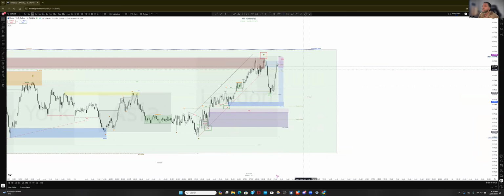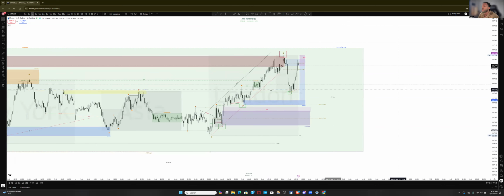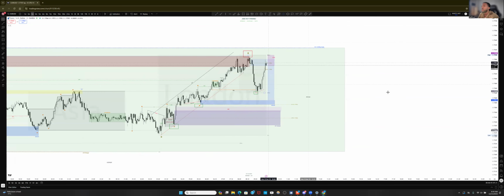So instead, we are just going to allow the market to play out. If we're wrong, we'll find out very quickly. Price will induce us out. If we're correct, price will also let us know because it will start to go bearish, giving us possible price action that will let us know so. So for now, I can see that we have this little trend line. This doesn't mean that price has to come down and take this now. It is a small, minute trend line after taking the equal lows. So let's let price do its thing.